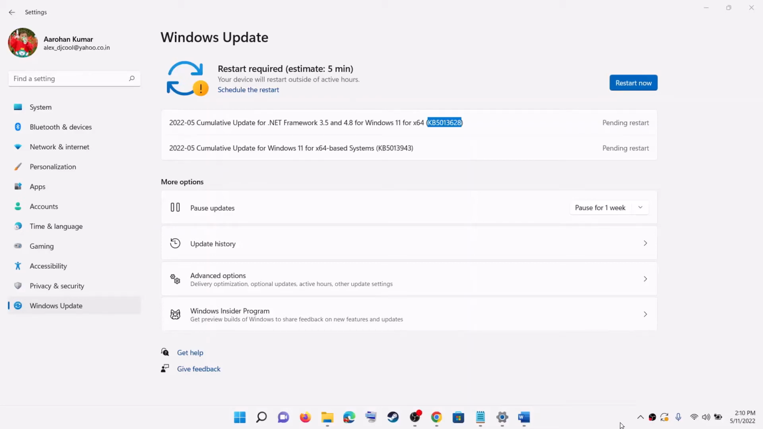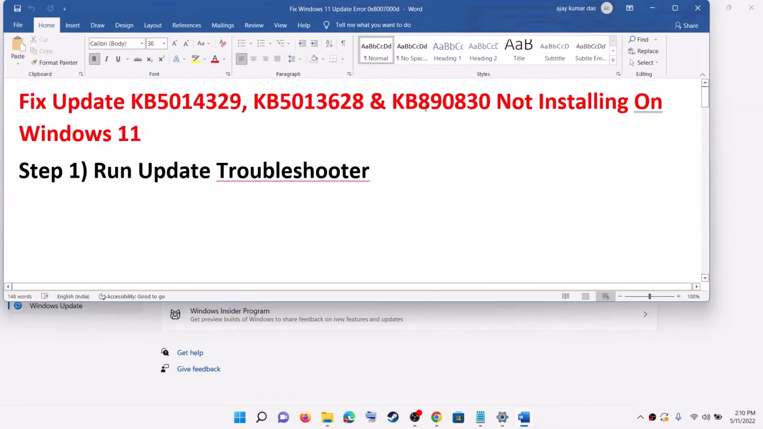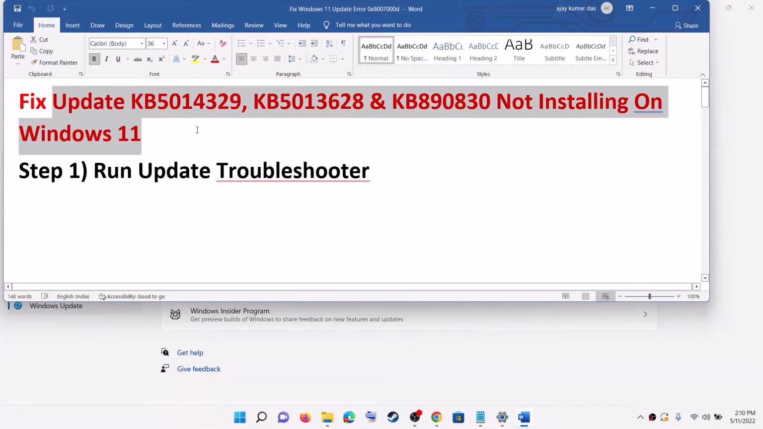Today in this video I'm going to show you how to fix when you're unable to install these updates, that is KB5013628, KB5013943 or KB890830. So if you're unable to install these updates on your Windows 11 computer, then please follow the steps shown